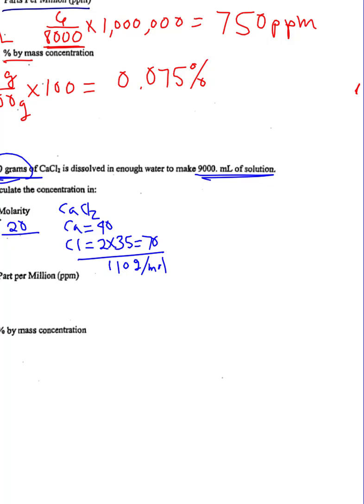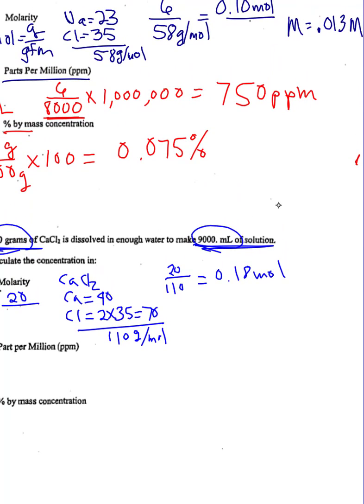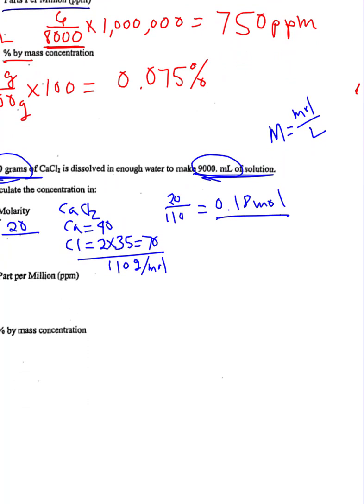So to figure out how many moles we have, we would take 20 and divide it by 110, and that's going to give us 0.18 moles, and we can then use this to solve our problem. Now here we're given milliliters, we have to remember our formula is always molarity equals moles over liters. So in this case, you have to convert that 9,000 milliliters into liters. So this would be 0.18 moles divided by 9 liters, and that is going to be